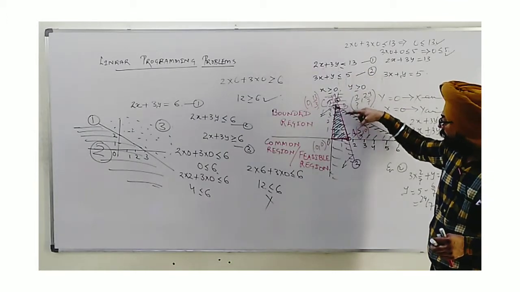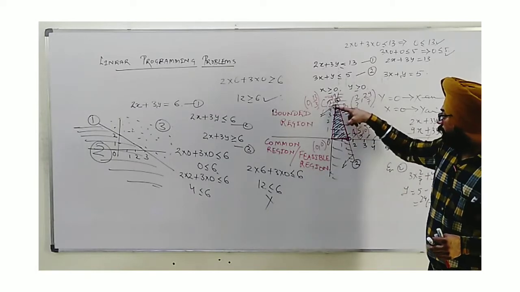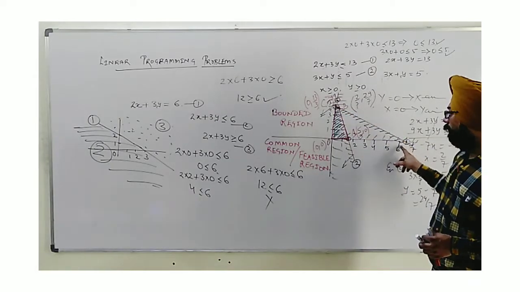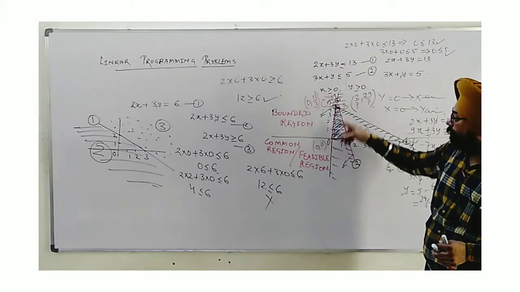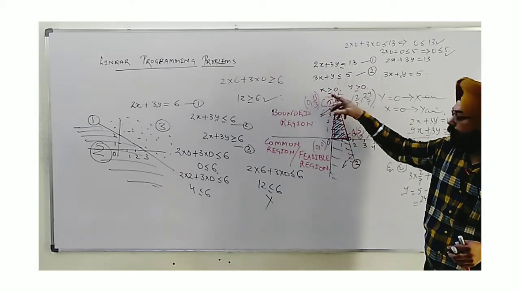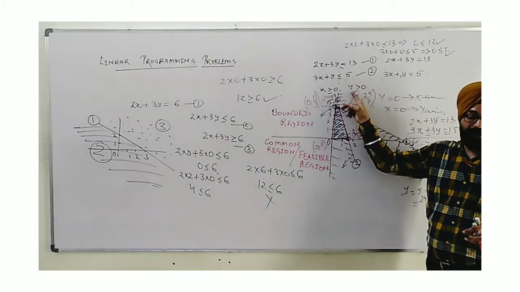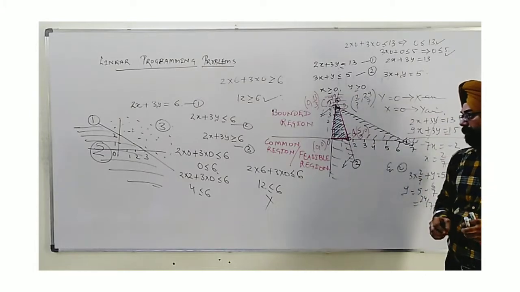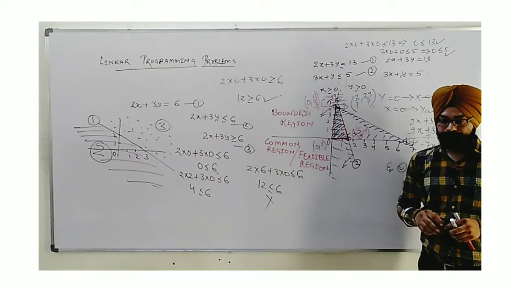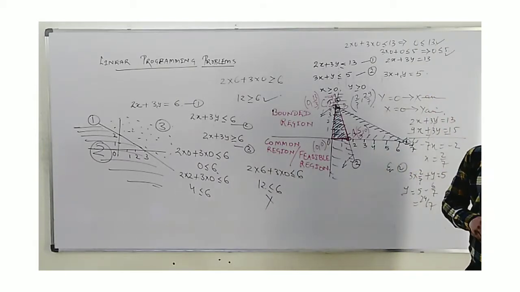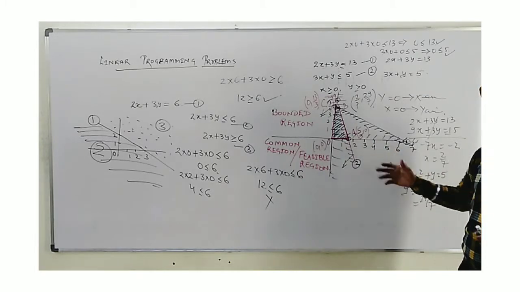Like you can see, this AB is part of equation number 2. This BC is part of equation number 1. OC is a part of the y-axis, which was given as x is greater or equal to 0, and OA is the part of y is greater or equal to 0, the x-axis. So these all are the things. So this is the application of linear inequalities here. Now, this much is the presentation we have seen here.